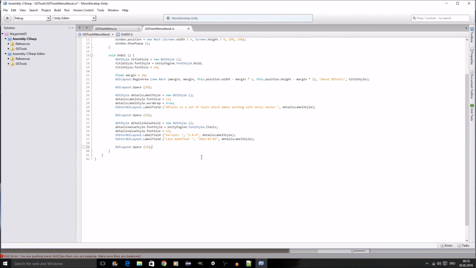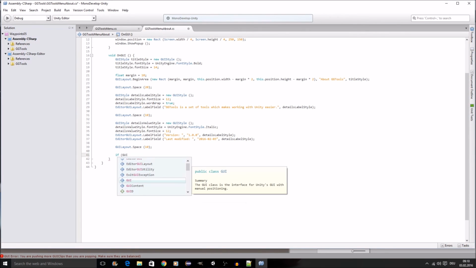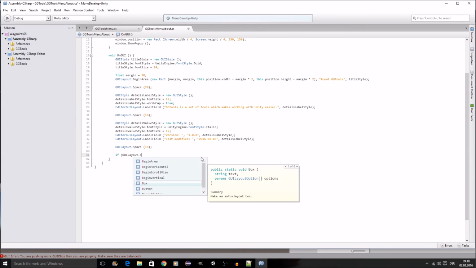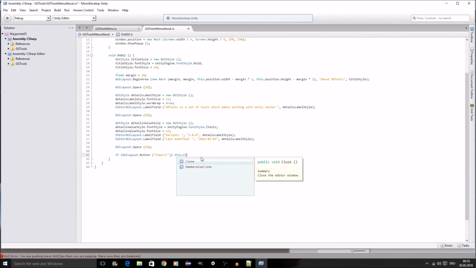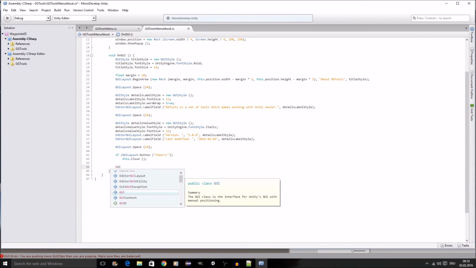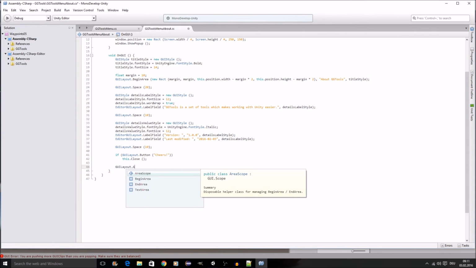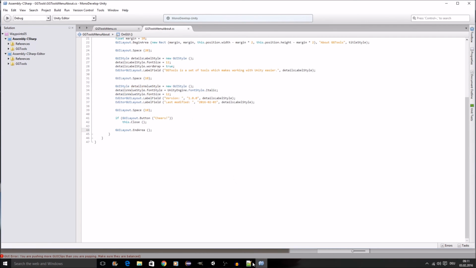And at the very end, we still need the button to dismiss our pop-up window. So this is just a plain GUI layout button we've used before many times. And the window gives us a function called close, which obviously closes the window. And we started an area. This might actually have caused our error before, because we never ended this area. So now I save the script,